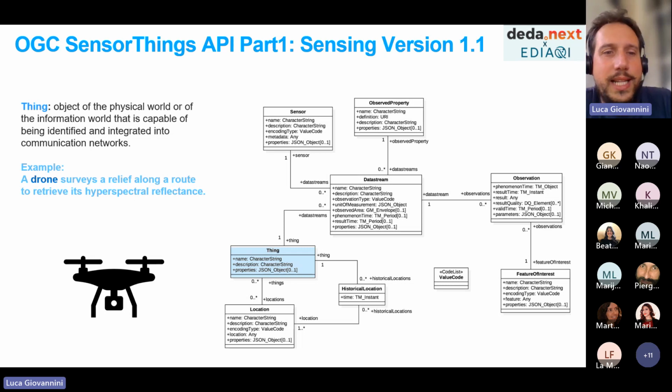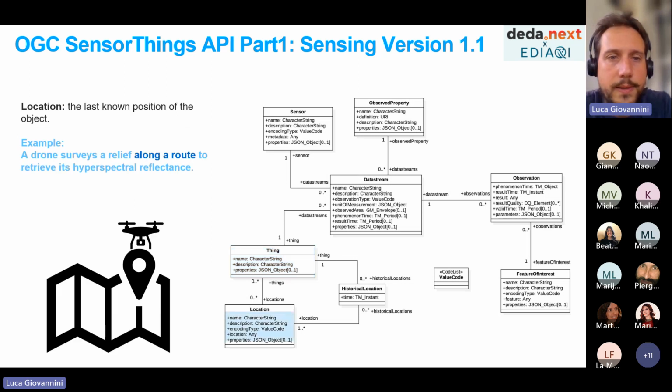So the drone is the element in the physical world that allows the connection between what's being sensed and its digitalization, and allows that information to be accessible in the network. So in this specific table, you would have to describe the entity drone: its name, its description, and its additional properties.